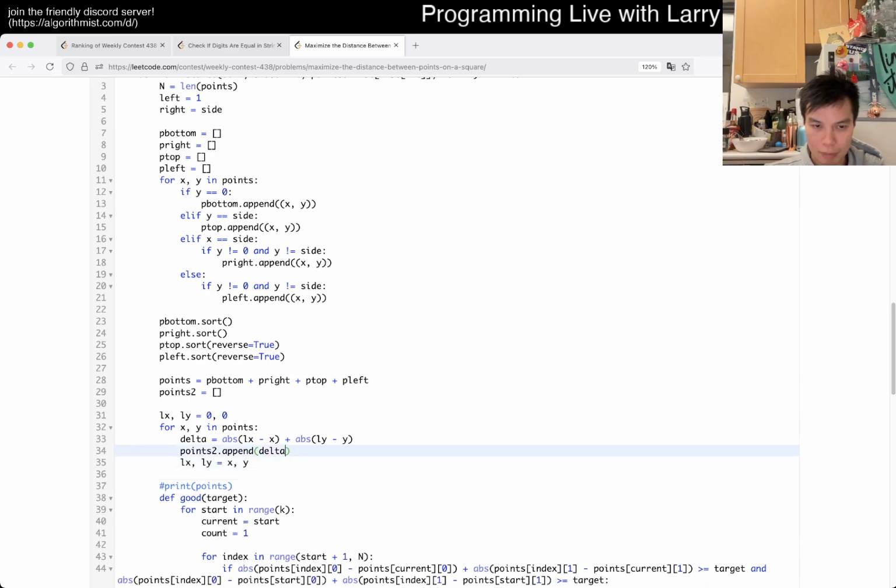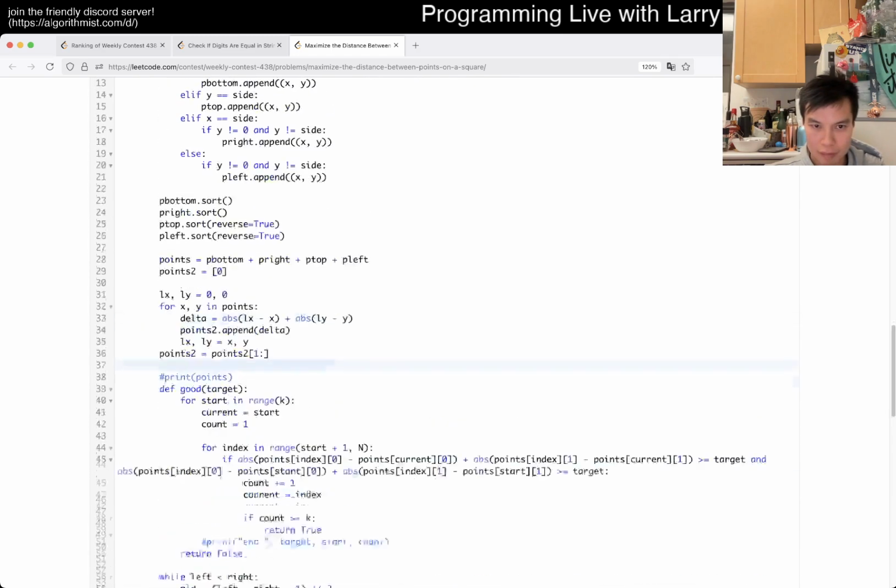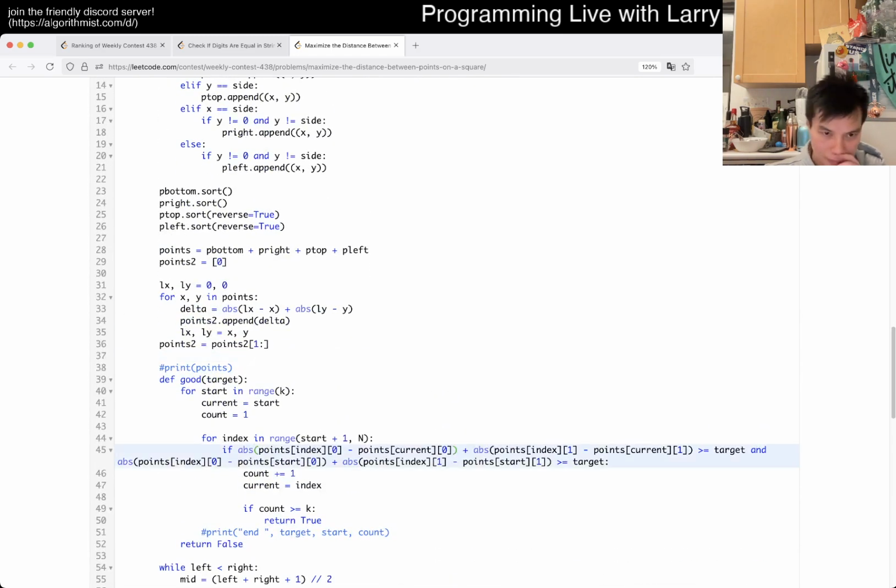Oh no, it's delta plus, it's a prefix sum. So let's just start at 0. Okay, and then we just remove the first number, whatever. Okay, right? So then now,